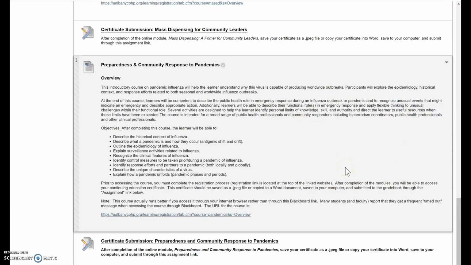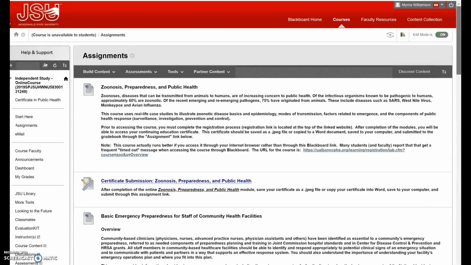And then you will, like I said, submit each module showing that you've completed it. When you have completed all 6 of these modules and uploaded the certificates, you will send me an email and let me know that you've completed all 6 of those, and I'll go in and review your certificates just to make sure everything's in order, and then I will assign your grade. So it will be an A if you complete all of your modules, all 6 modules, before the end of